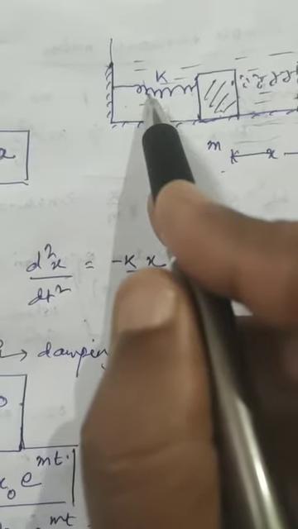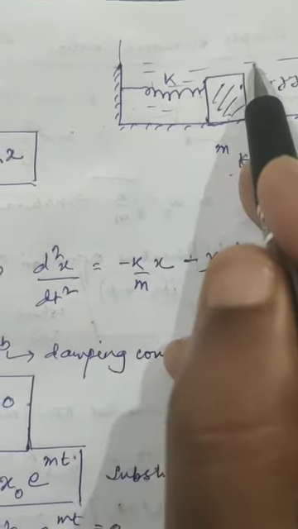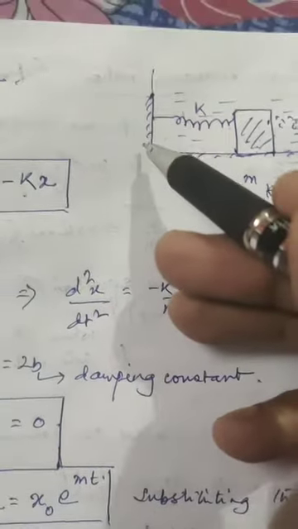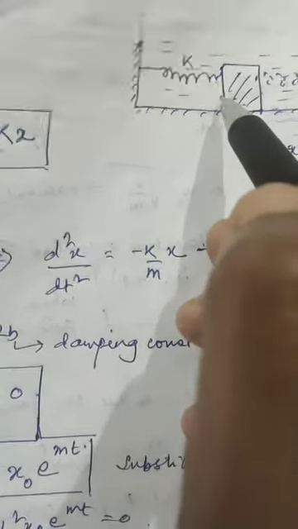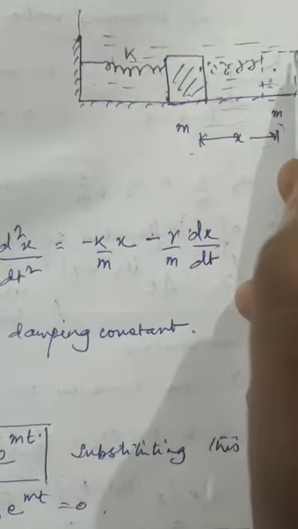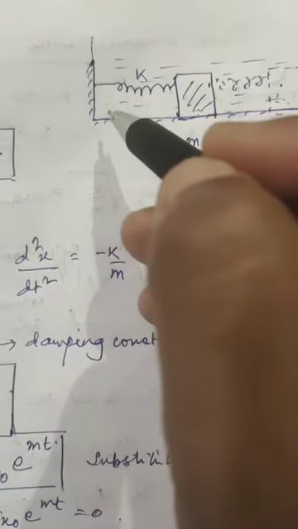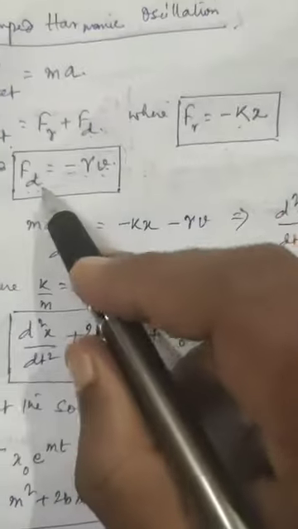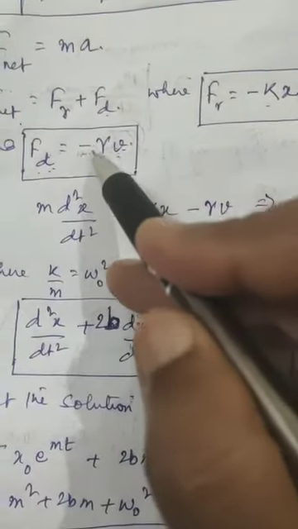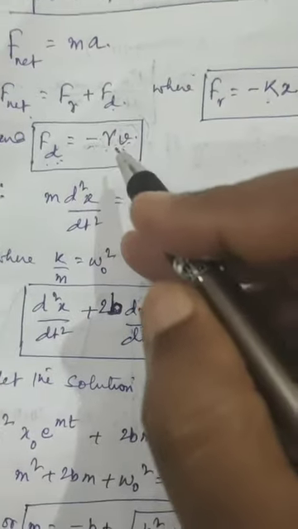Now once it comes over here, the restoring force is in this direction, trying to restore to the equilibrium position. Now the mass will move in this direction, through the liquid, so the liquid will force it in the opposite direction. The damping or the resistive force will be in the opposite direction. So resistive force or damping force is always opposite to the velocity of the mass. If the mass is moving through the liquid in this direction, then the damping force will be opposite to it. That is quite natural. So the damping force is proportional to the velocity, definitely opposite to it, and the constant of proportionality, we'll call it gamma. We'll come to this later on.